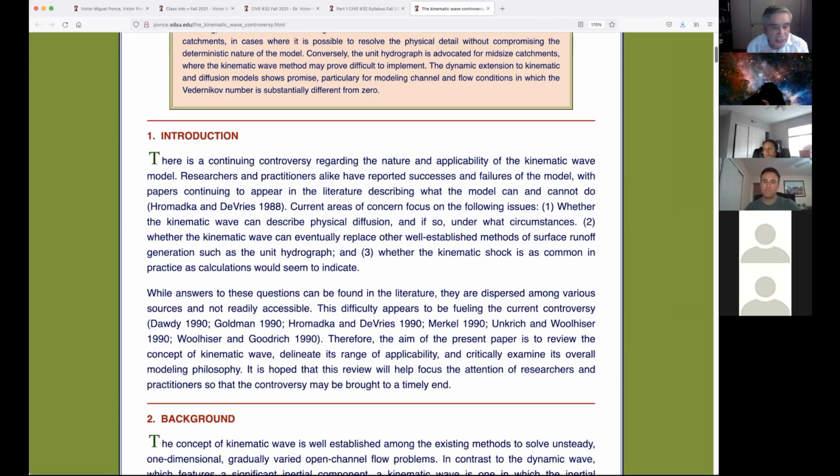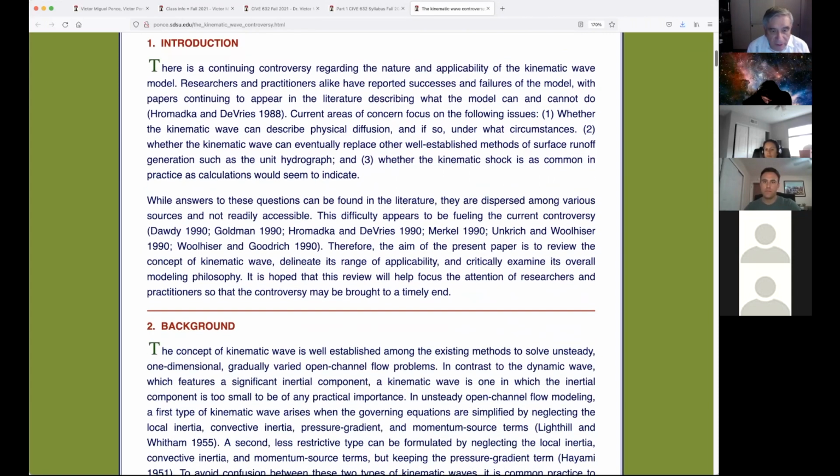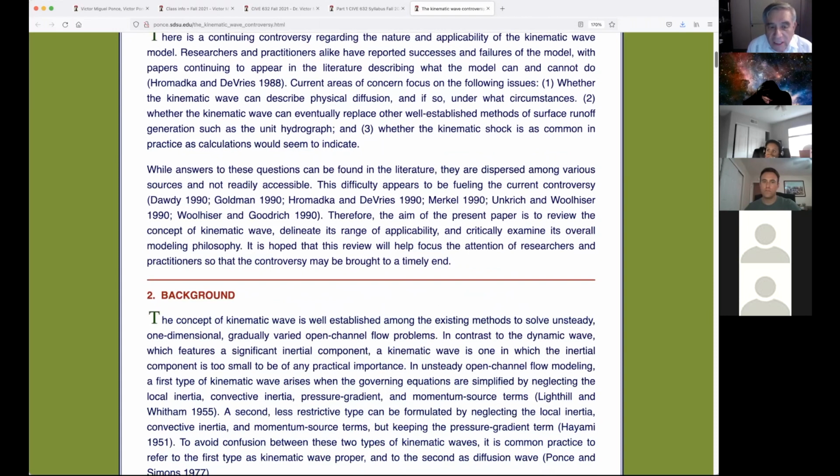In addition to that, I put in there some other issues, but these are the three major issues that I'm going to discuss here. Then I say, answers to these questions can be found in the literature, but they are dispersed. This difficulty appears to be fueling the current controversy. Therefore, the aim of the present paper is to review the concept of kinematic wave, delineate its range of applicability,